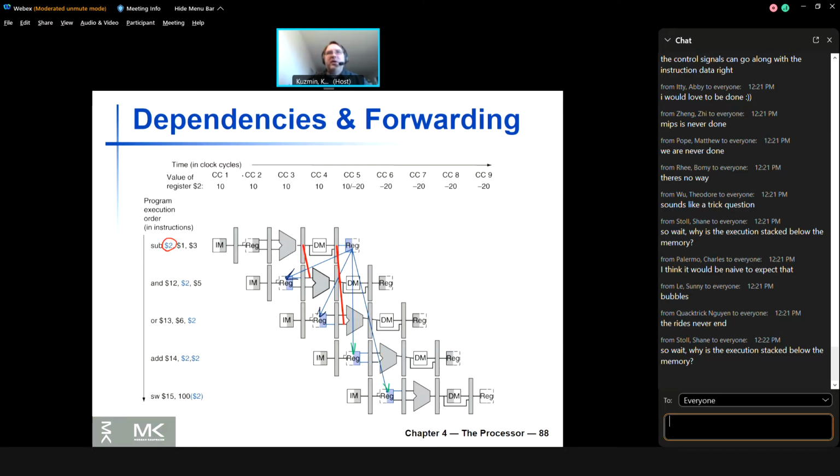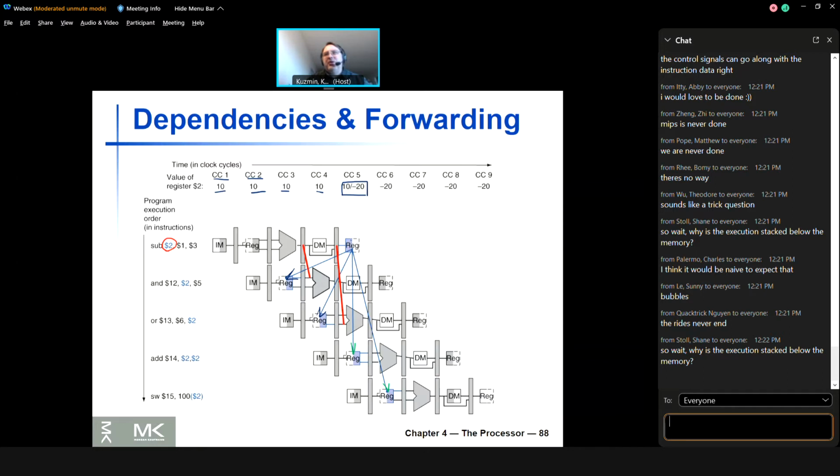Remember, our time is here. So clock cycle 1, clock cycle 2. This is essentially our time, just in clock cycles instead of picoseconds. And obviously, this is a problem which we can verify by trying any specific value in register 2. So let's say it's 10. It's 10 here until it is written back in clock cycle 5. So at the beginning of clock cycle 5, the value in register 2 is still 10,